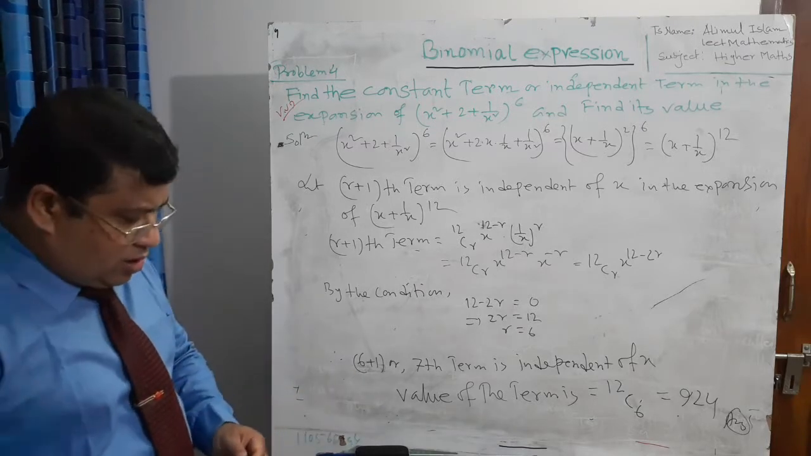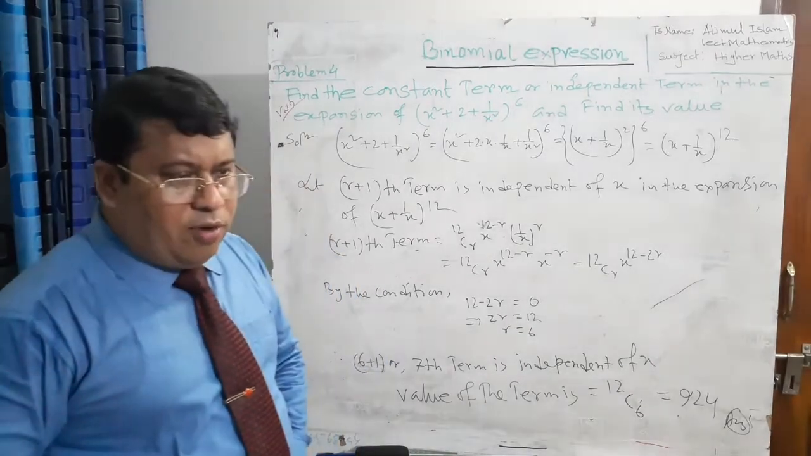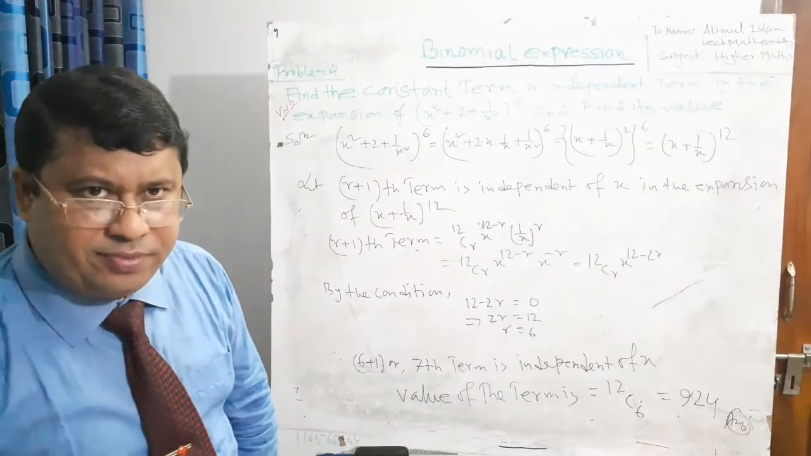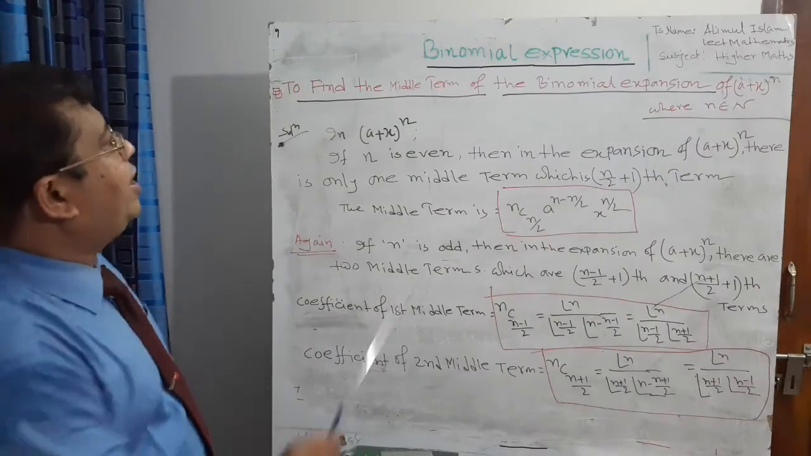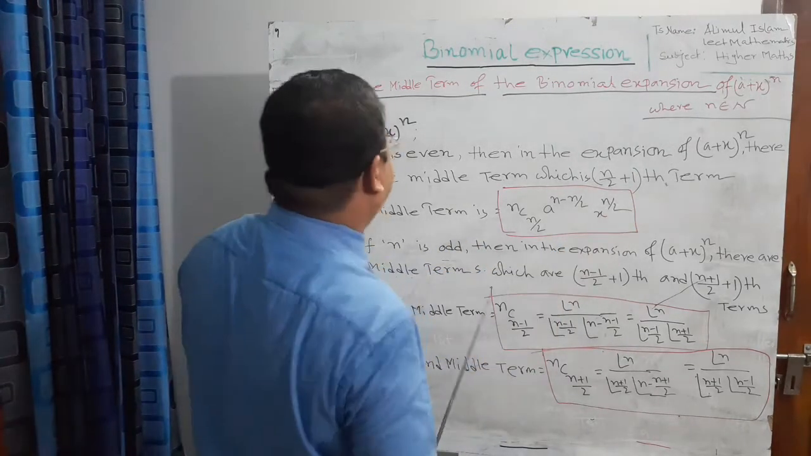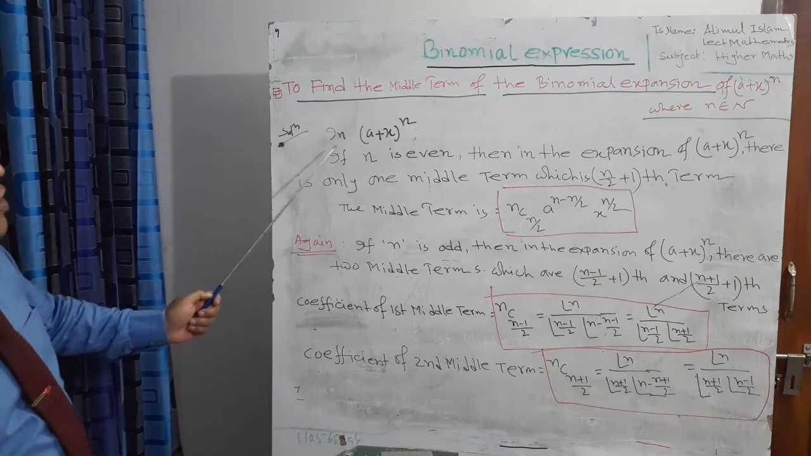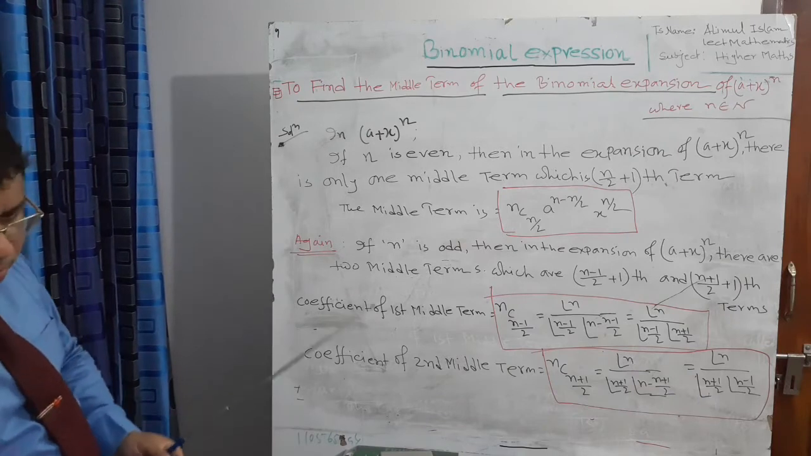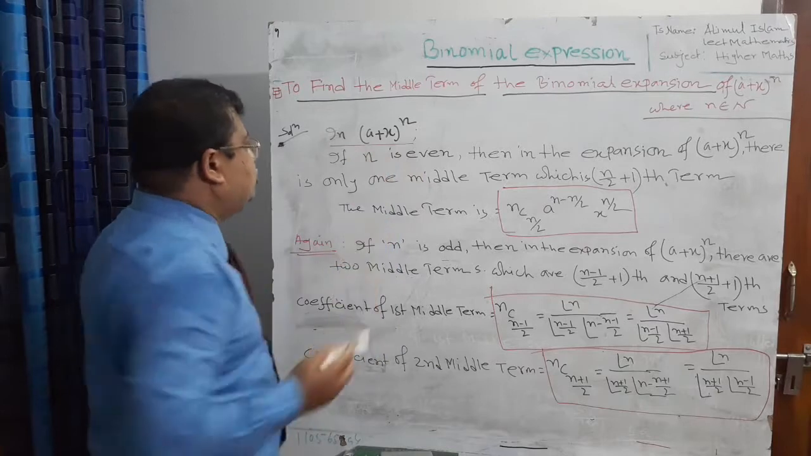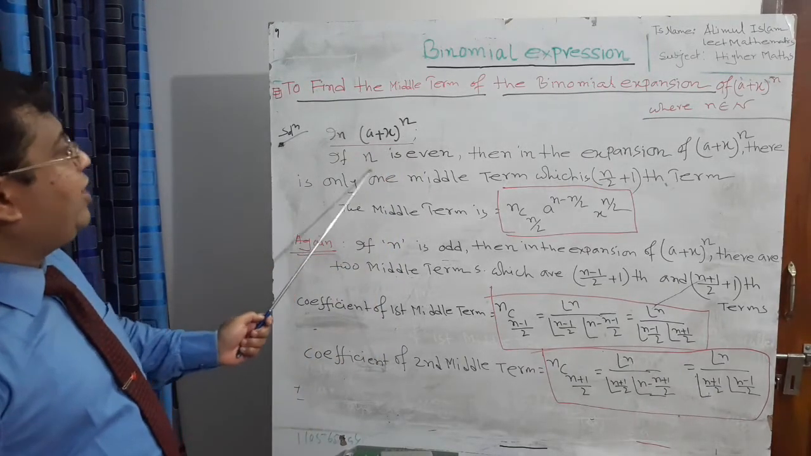Now I will discuss another theorem. How do you find the middle term of the binomial expansion? To find the middle term of the binomial expansion of (a + x) to the power n. It is the theorem. In the expansion of (1 + x) to the power n, n is the index. If n is even,